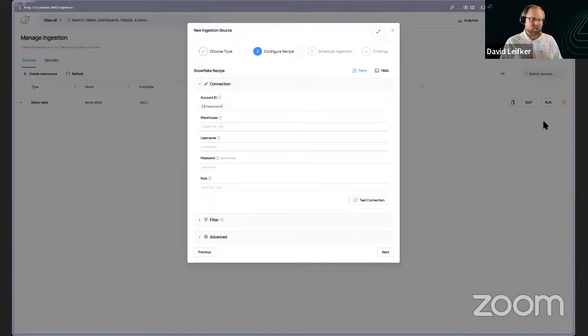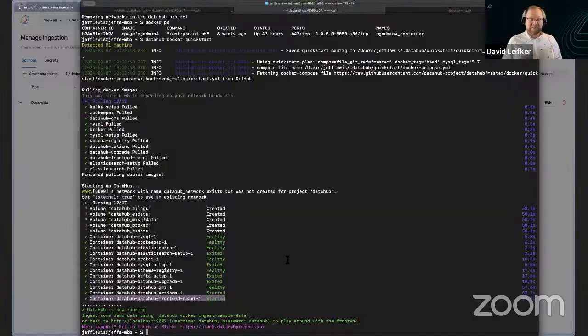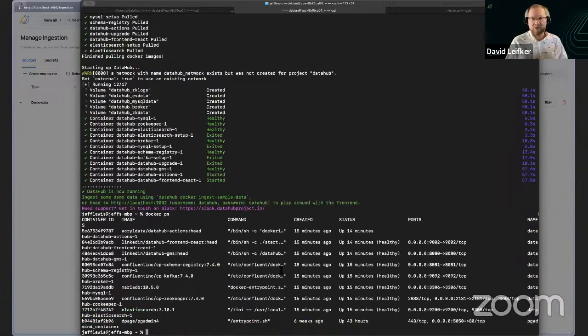Essentially what that would do is create a Kubernetes secret. That Kubernetes secret would then need to be made available to the actions pod. The actions pod is what's actually running this ingestion. And so you would edit the Helm chart basically to point it to a reference to your secret that's been provided by your secret manager,